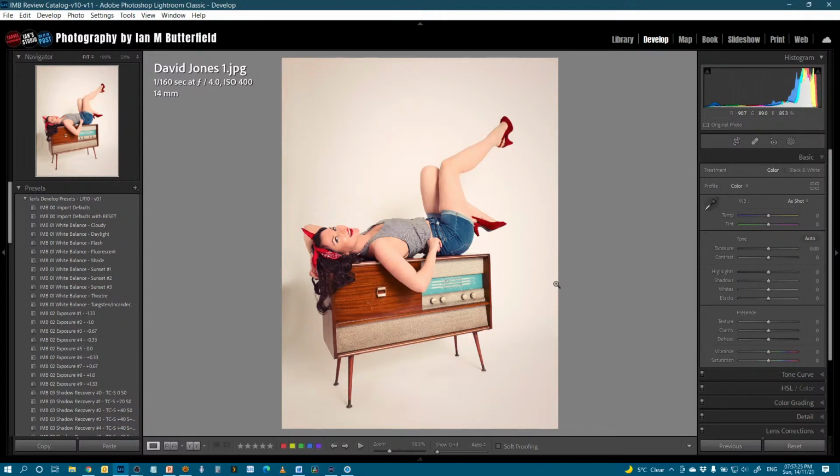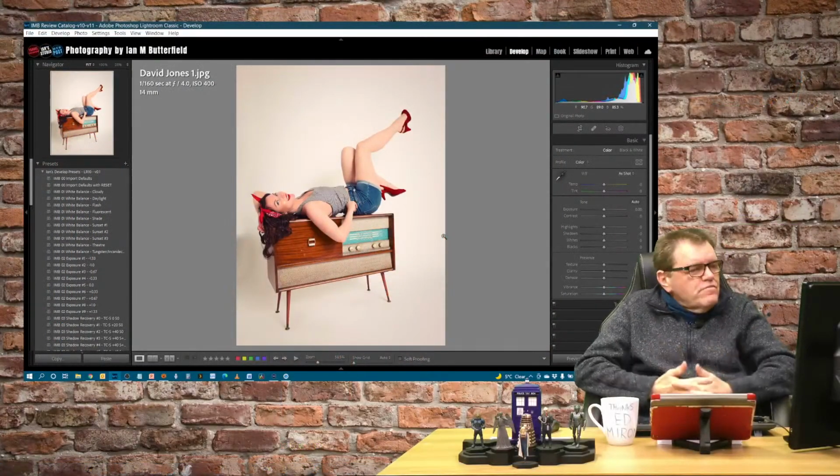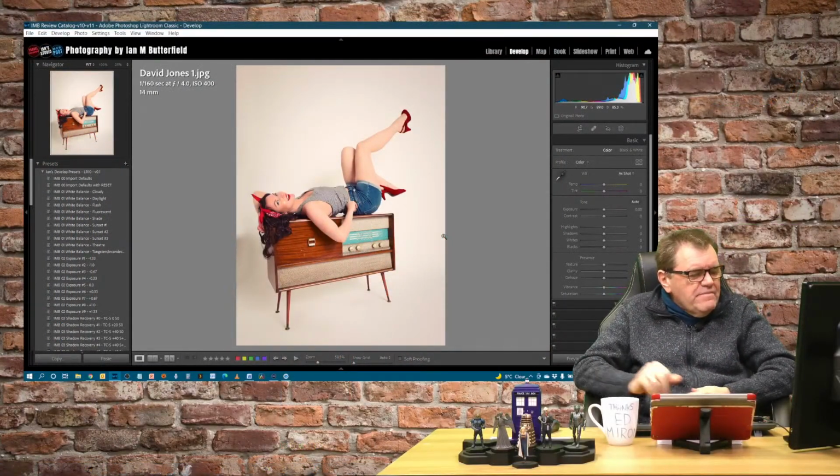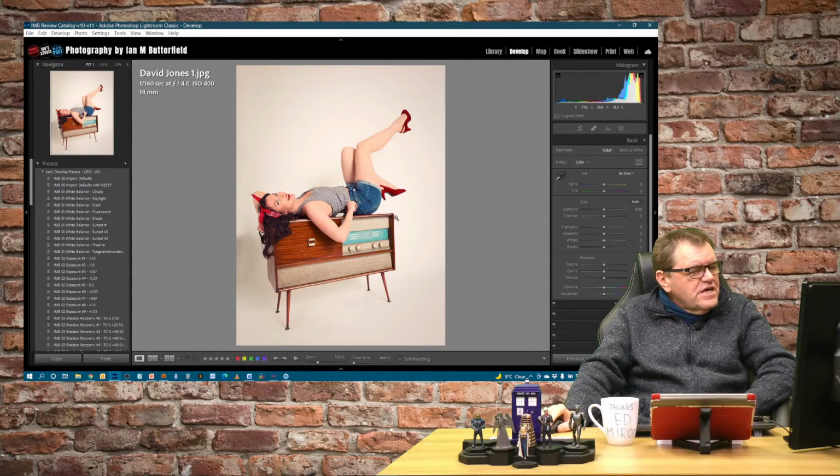Right, David, another one of yours. Now, there was a bit of discussion about this one online. I think we've covered most of the points on there. I'd like to see this straight on rather than at an angle. I also would like to see the legs the other way around. Now, I know one other bit of feedback said no, you've got it the right way. I am still not convinced on that one.